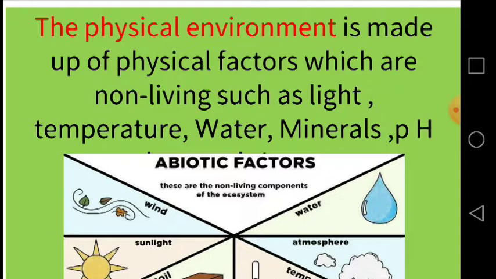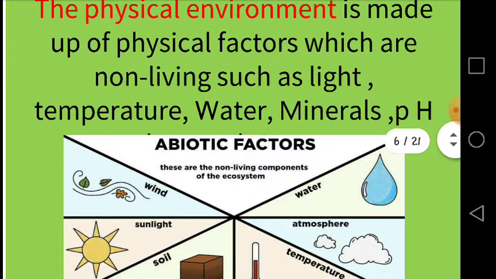Dear students, now we are going to focus on some physical factors which make up the physical environment. The first of these is light. All green plants use light energy from the sun to make their own food, as the other forms of life on earth depend directly or indirectly on green plants for food. They are also dependent on light for survival. Light also enables many living organisms to see so that they can move about, find food and detect danger.